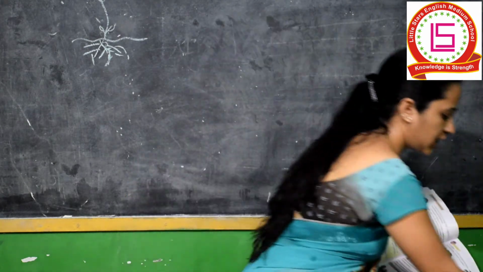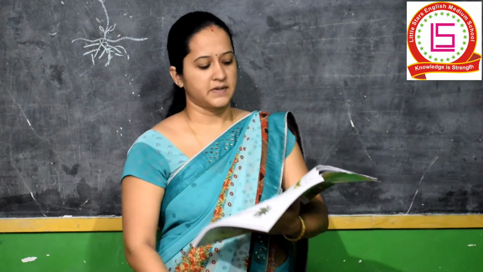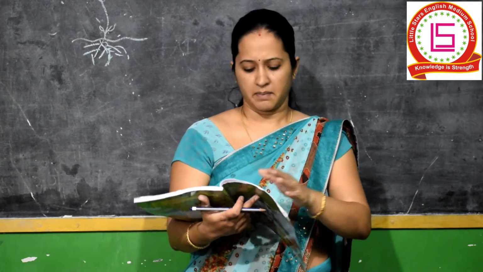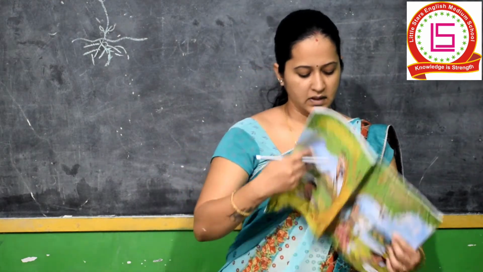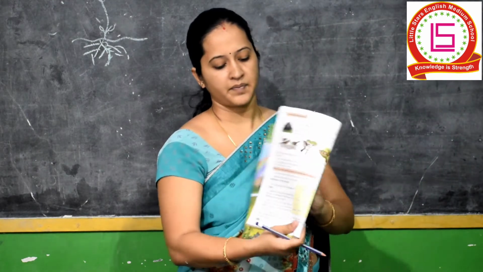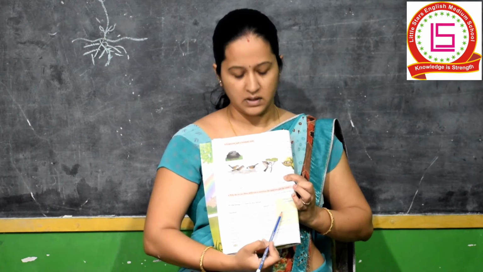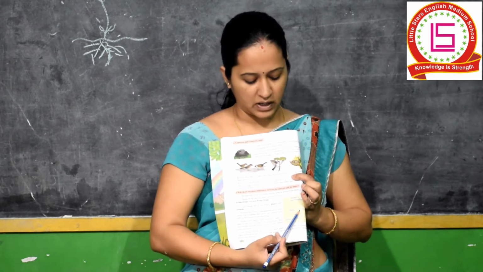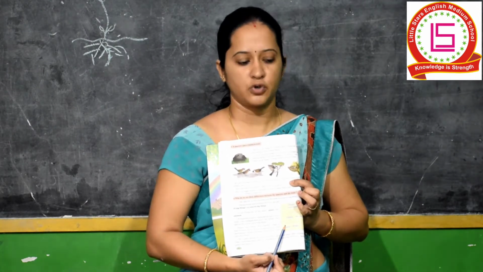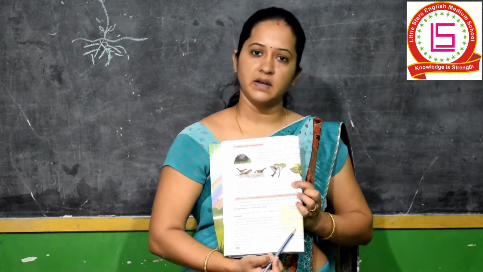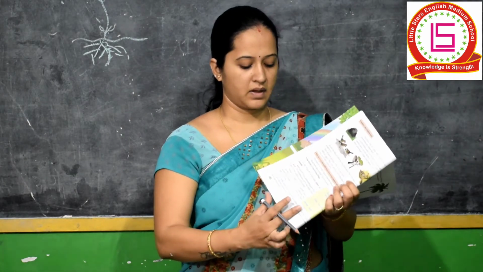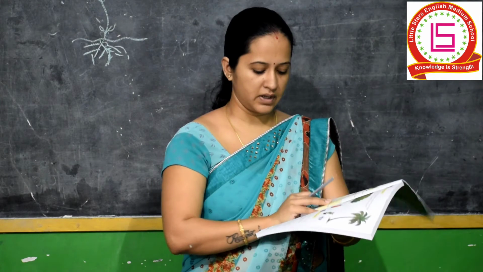As we have all seen now, between plants and animals some things are common but some things are not. Still, they both are living things. Correct? See, you can see here things in our surrounding. One is living things, the other non-living things, and living things are divided into two, that is animals and plants. Now we'll go to page number 3.